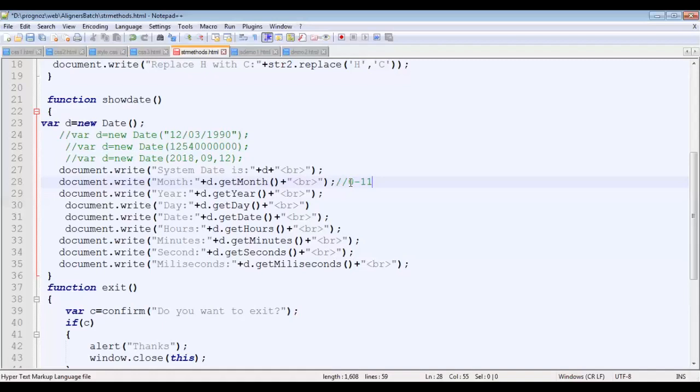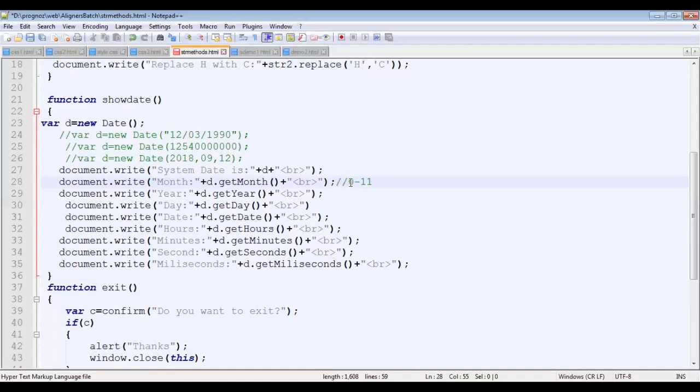So the digit given at the start of the year is treated as the 21st century. Now, if I provide the date as 21 something, like 2110, then it will return as 210. Which means 22nd century. The 2 will specify the 22nd century, followed by the last 2 digits of the year.